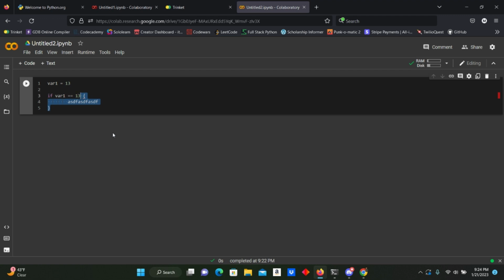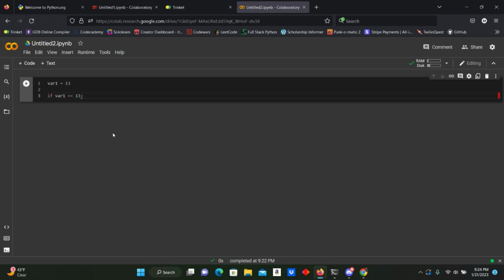But since we are in Python, and they want to make things simpler for us, we have the colon mark, and we have to make sure to always remember the indentations. Right here, it's two space indentation, but I want it to be four. I'll change that later. So if variable 1 is equal to 13, let's print